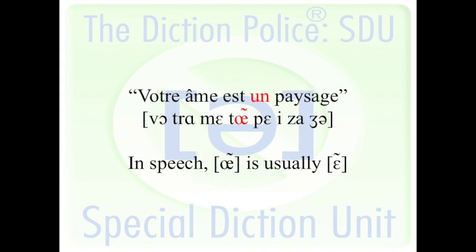The OE nasal is probably the hardest one of the nasal vowels. And it's the one that also doesn't appear in normal common speech nowadays, right? Right, it's been lost in spoken French and replaced by the open nasal. Yeah. So instead of saying un paysage, I would say un paysage. Right. It's a subtle difference, but it is still there, and I think it's important to really make sure the OE nasal is formed properly, just to really enjoy the richness of the language.